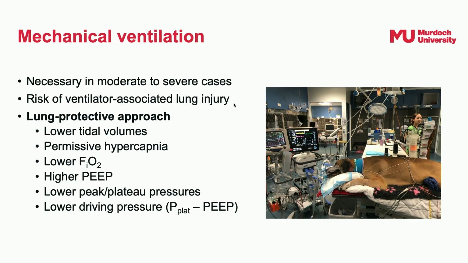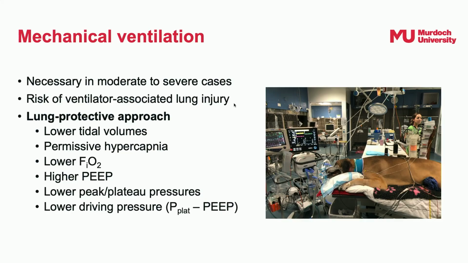So what do we need to do in order to adequately oxygenate them whilst minimising our ventilator-induced or ventilator-associated lung injury? What we have really taken from human medicine, there's not too much data in our own species to really support this, but we have extrapolated a lot from human and experimental data, is this idea of lung protective ventilation. What lung protective ventilation involves is lower tidal volumes than we might use during conventional mechanical ventilation, allowing our patient to be a little bit hypercapnic, what we call permissive hypercapnia,